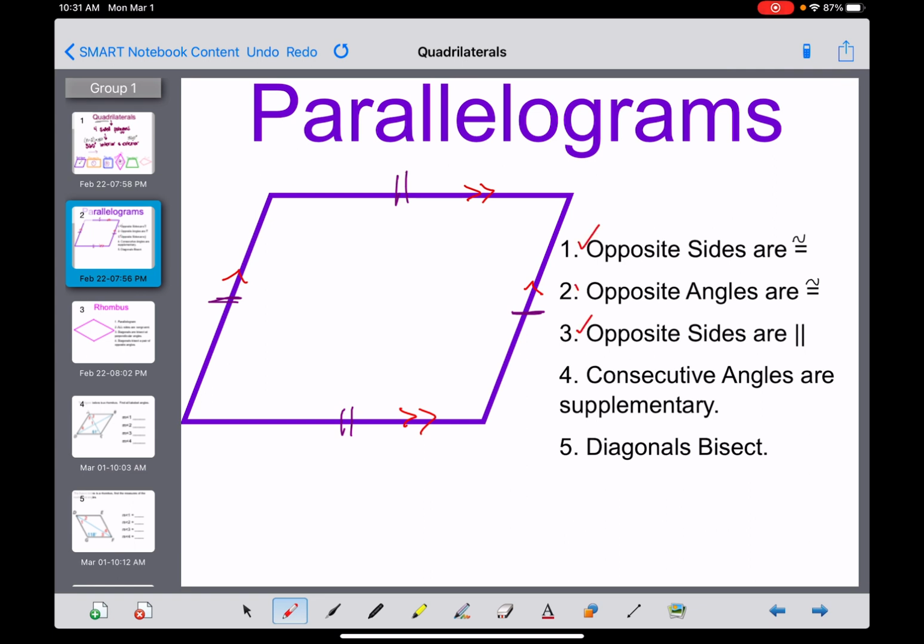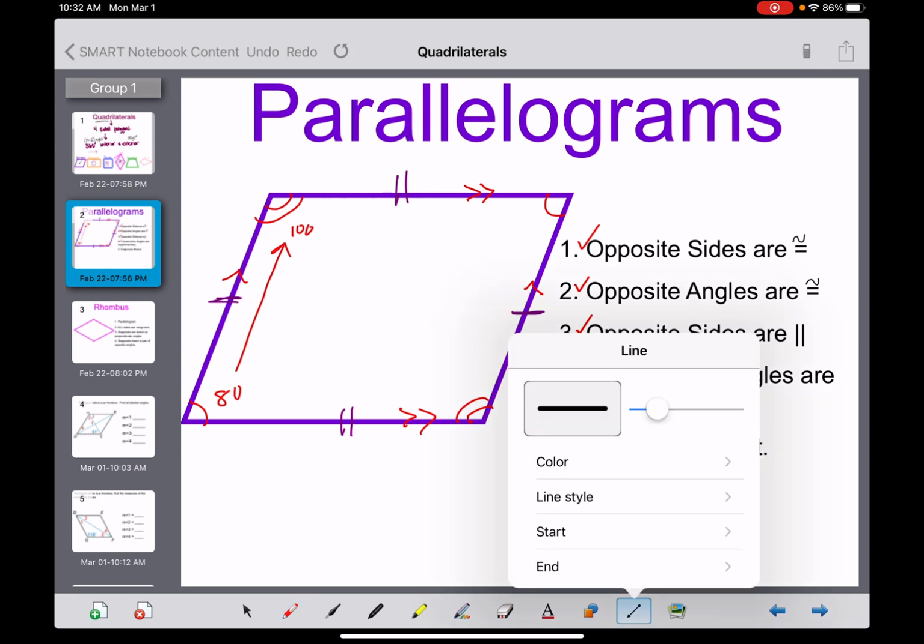Opposite angles are congruent. Consecutive angles are supplementary, which means if this was 80 degrees, its consecutive angle, or the angle right beside it, would be 100 degrees. And finally, the diagonals bisect,